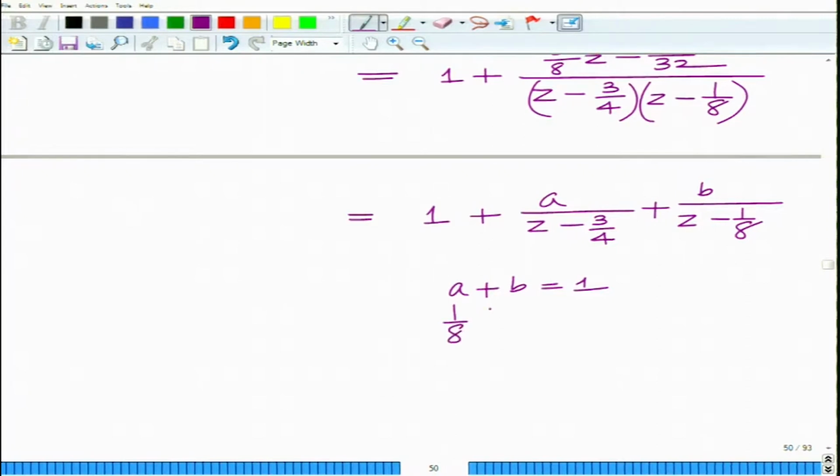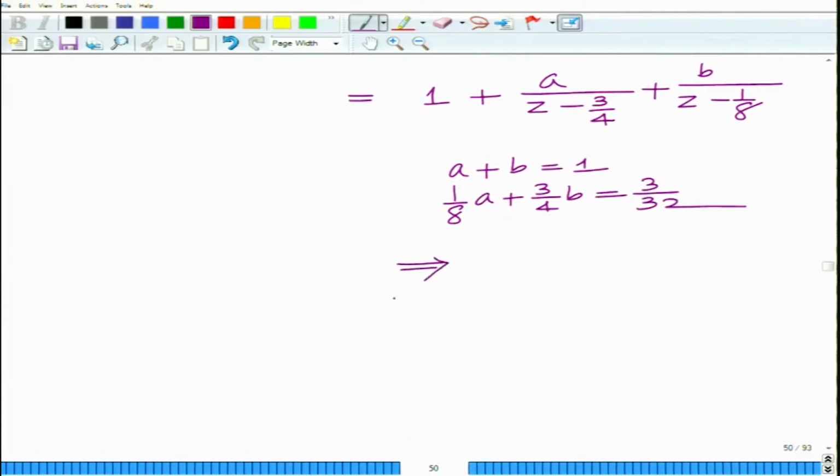Further, the constant term: minus 1 by 8 a minus 3 by 4 b must be equal to minus 3 by 32, which implies 1 by 8 a plus 3 by 4 b must be equal to 3 by 32. And solving this yields a equals 3 by 10, b equals 3 by 40,